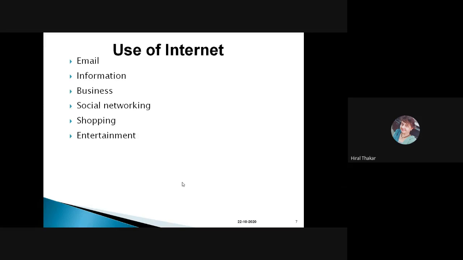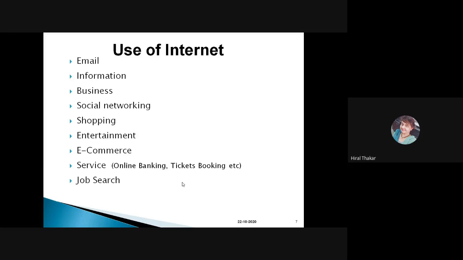WhatsApp and Facebook and Twitter, right? LinkedIn, all these are social networking sites through which we can do communication, or applications through which we can do communication. Then of course, for online shopping, entertainment, and you are doing selling on internet, e-commerce websites are there,